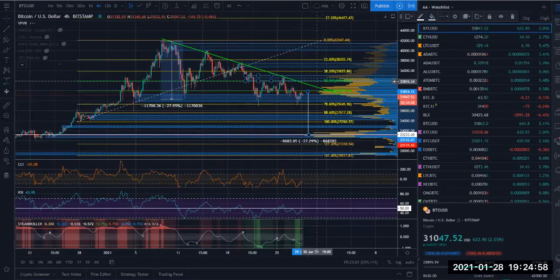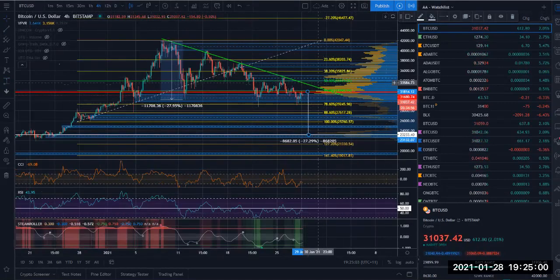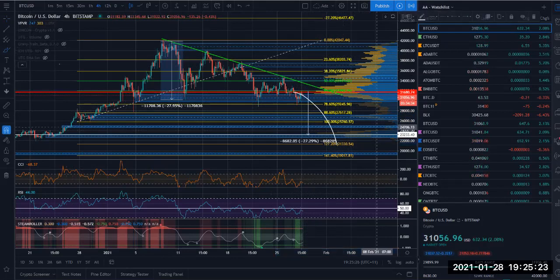We're sitting right below our point of control, which measures our highest point of liquidity, but we can see on the right-hand side here that our areas of volume do align pretty well with our Fibonacci, in particular with our demand zone, and then quite a lot of liquidity sitting around that 22K level. So you would imagine it's not going to be a cascade down to 23K. I don't imagine that would be the case.